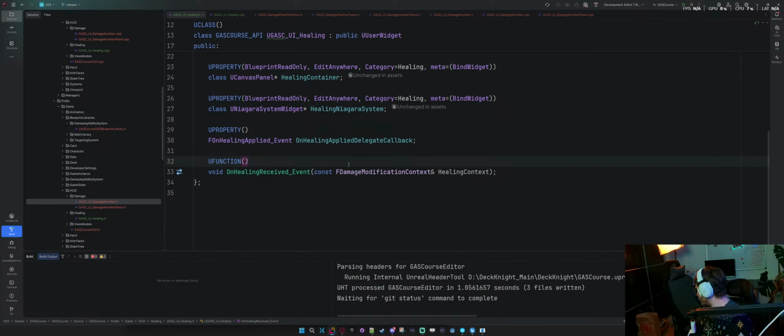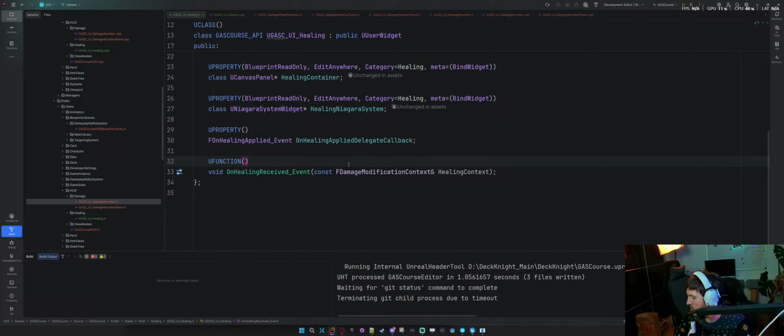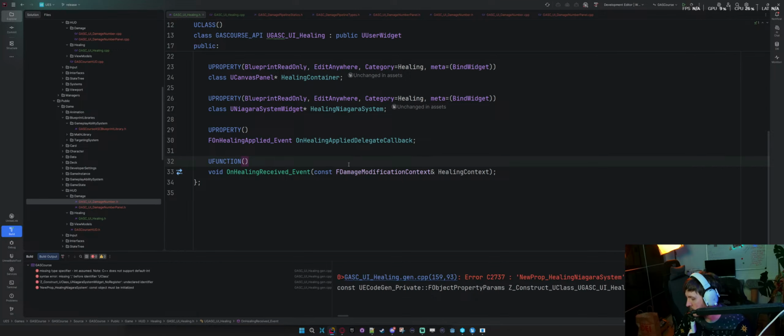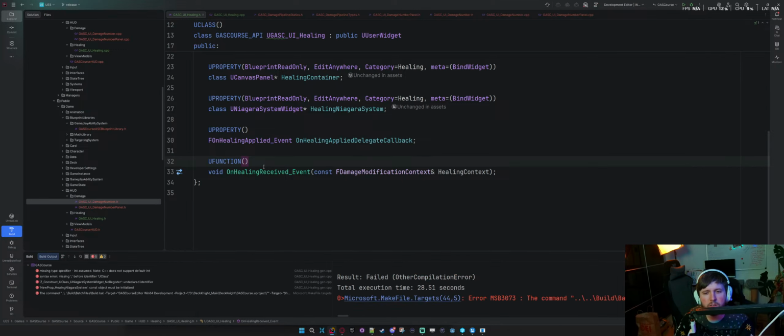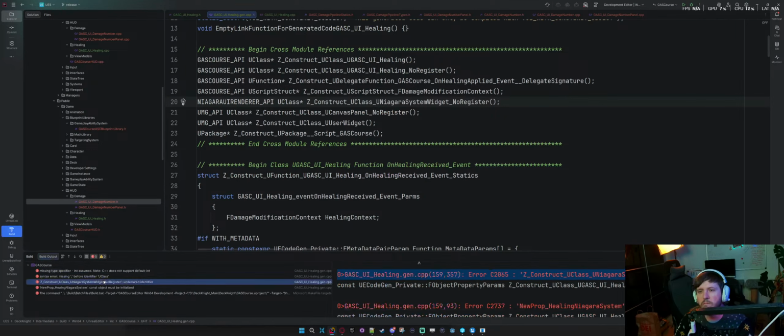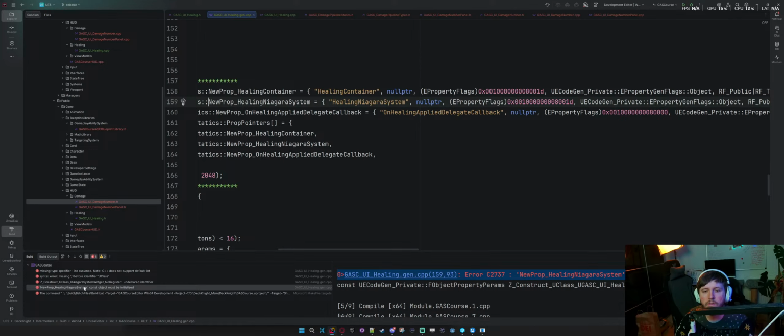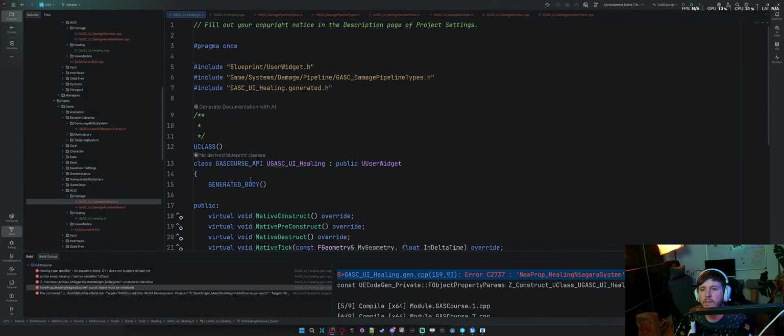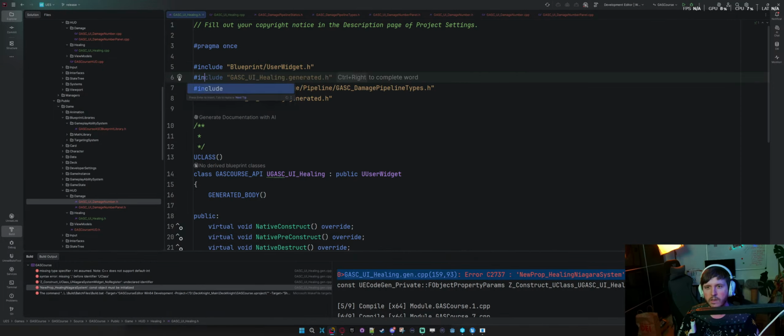Baby steps. We no longer have a kitty in here. Okay, so missing type. Okay. So I need to include, I think, hash include